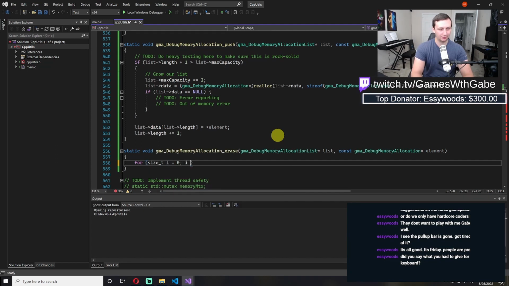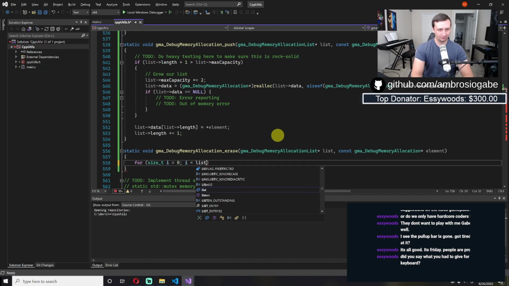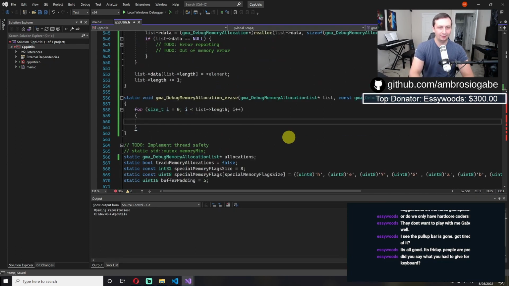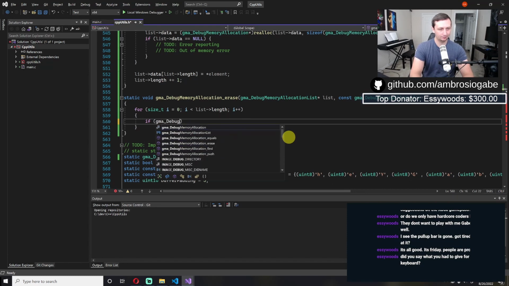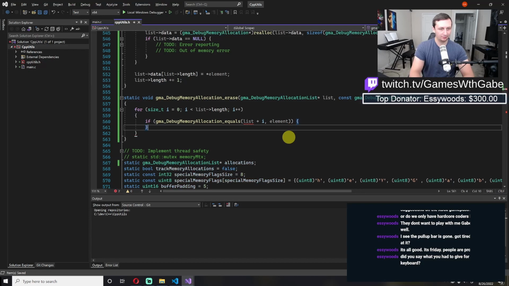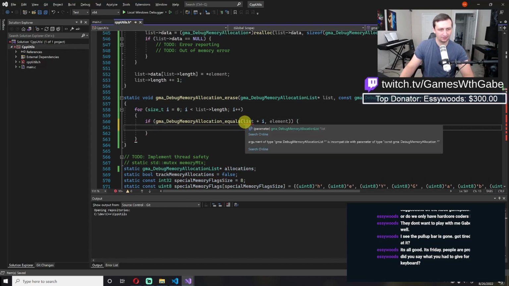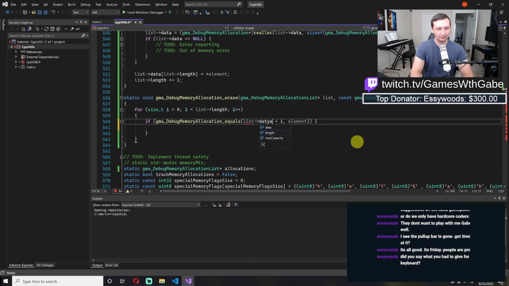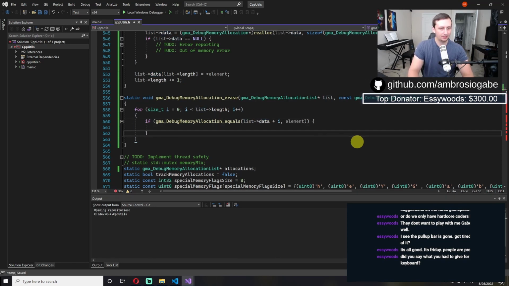Okay, so for erasing, what we're going to do is say for size_t i equals 0 until i is less than length. If they're equal, we can give that list plus i and element. We want to erase it. Doesn't like this because we need to say list data. Okay, so if they're equal,